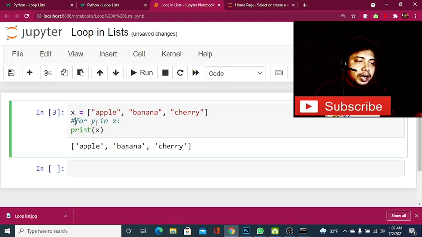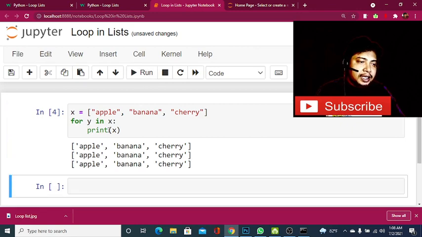But when we are running a loop, at first the loop enters the first element, and after that it is printed. After that the loop enters the second element, then the third element, and we can see the result has been printed. So this is how a loop works.